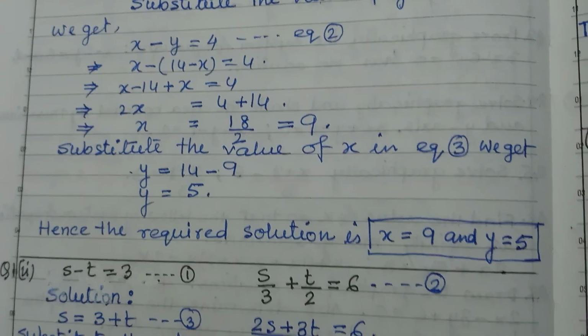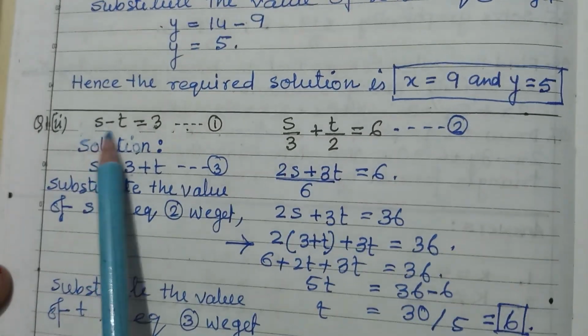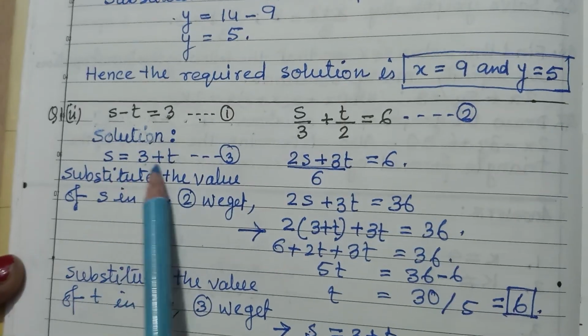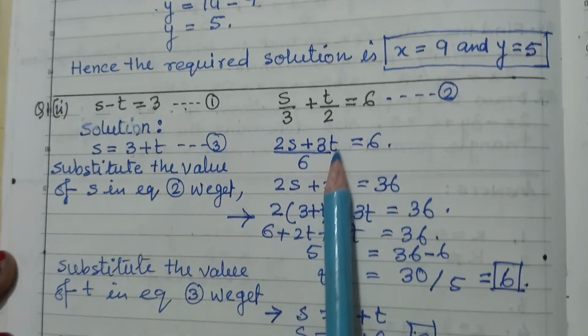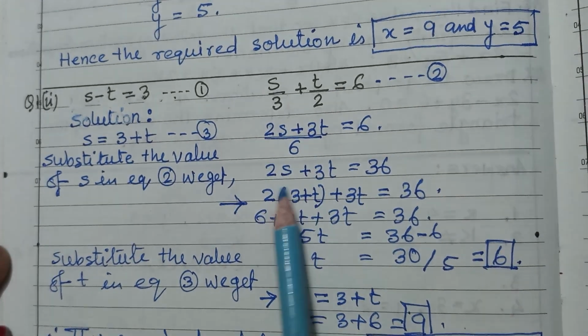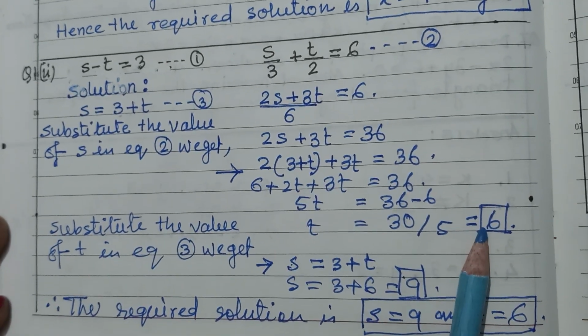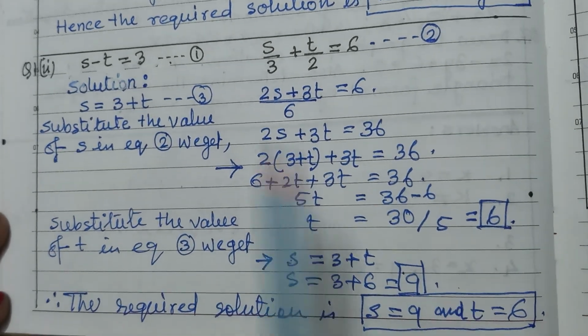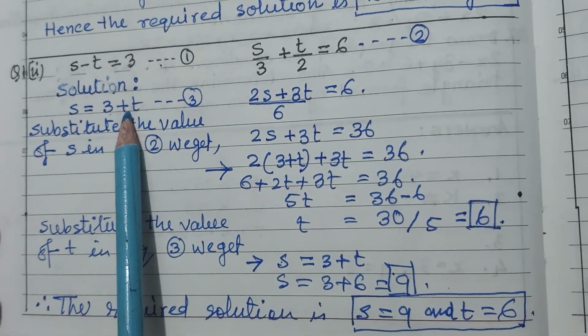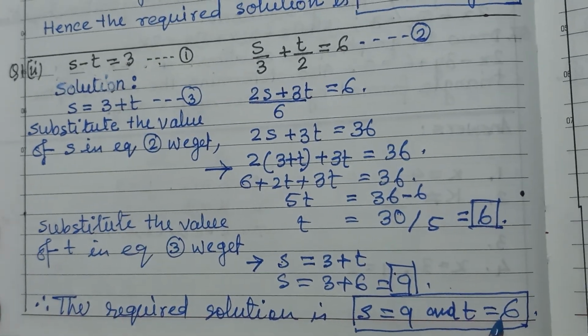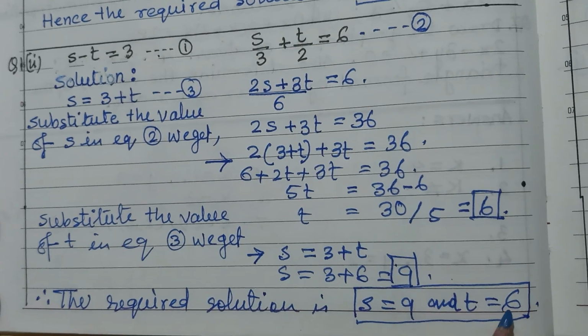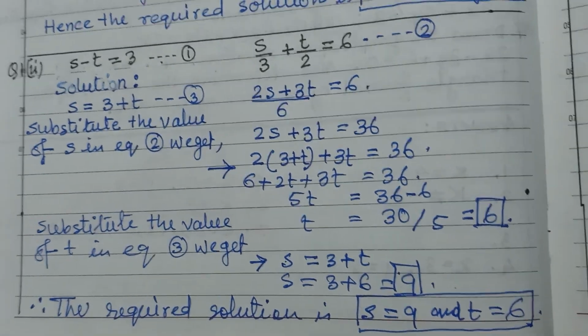Again, the same method is used in the next one. From the first equation you have to find out the value of s. This you substitute in the second equation. In the second equation, simplify this one, substitute, and the value of t is 6. And now t's value you substitute again in the first equation. That is the value of s. The next question is